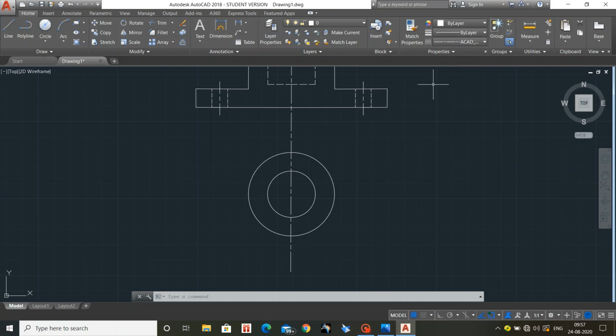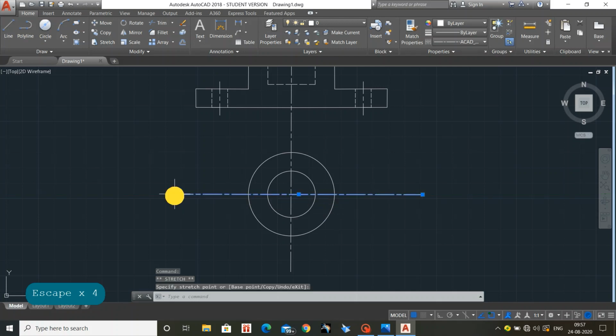First I have changed the line type to draw the central axis, horizontal. See, I have touched the circle and I got the central point representation. So I have drawn a line. This is the central axis line, horizontal. As the vertical is there, I have drawn the horizontal central axis.